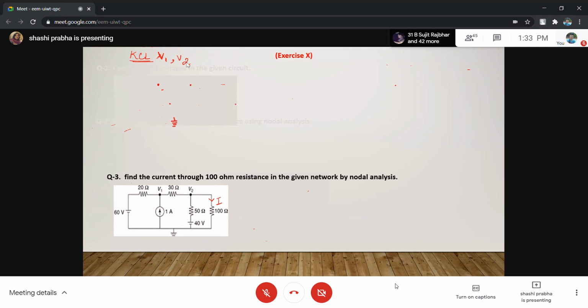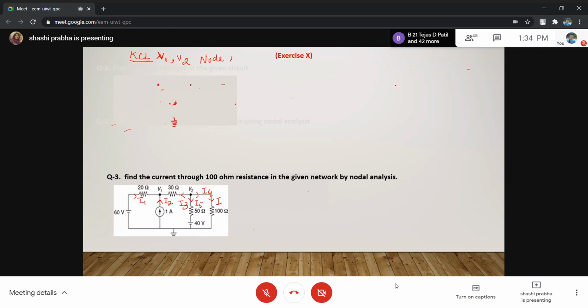Okay, so can we take different directions of currents? I1, I2. I prefer the direction of current to be the same as the current source, so the sign trouble of the source ends. And I1, I2, I3, I4 and I5. Fine. Node A. What is the equation at node A?